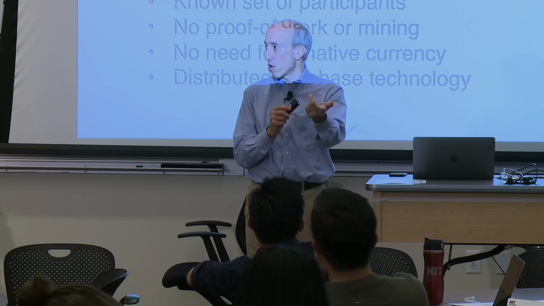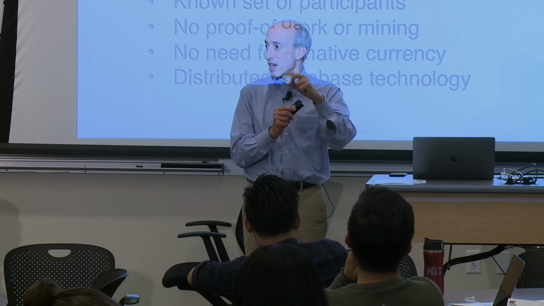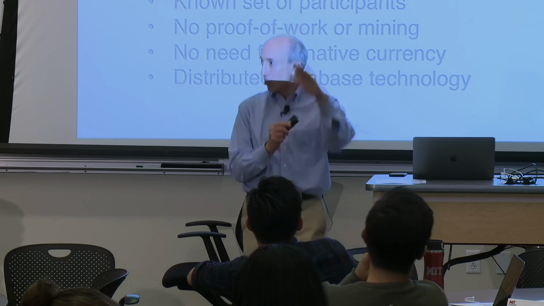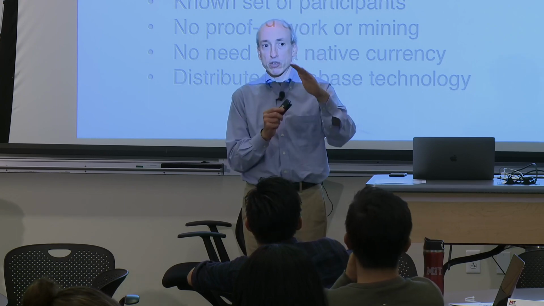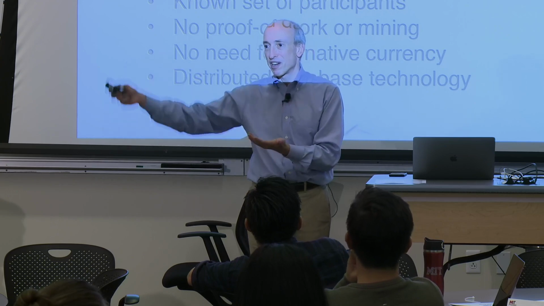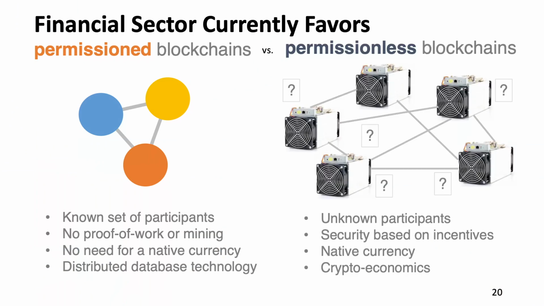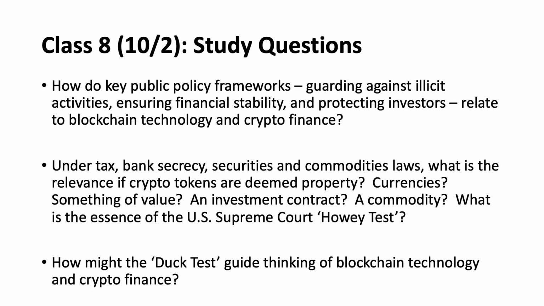Now, Medar's and Neha's paper on ZK Ledger might be a solution, and some of those banks might start using that. But I'm talking about 2018. I'm not talking about 2020 or 2025. Right now, they're favoring permissioned closed-loop systems rather than permissionless open-loop systems. So next week, we're going to be moving to public policy.